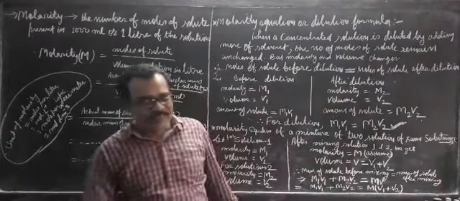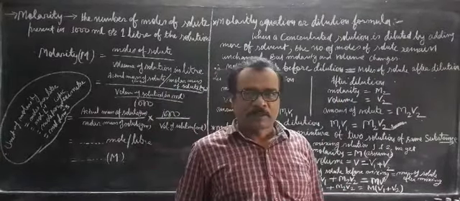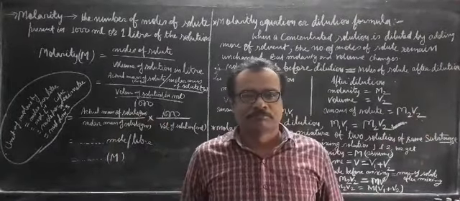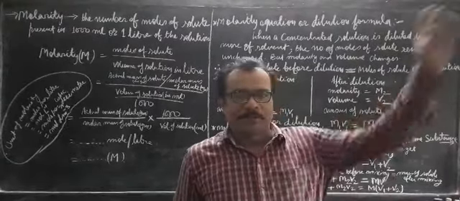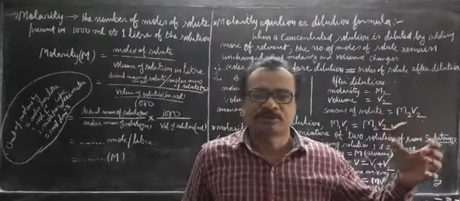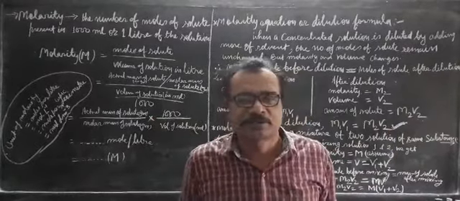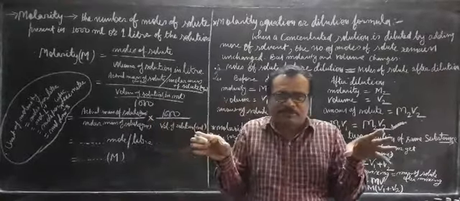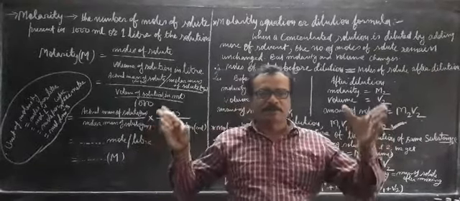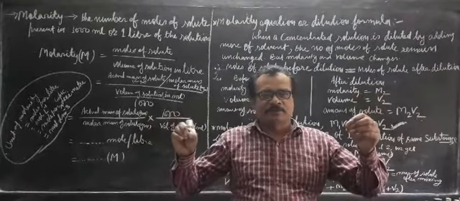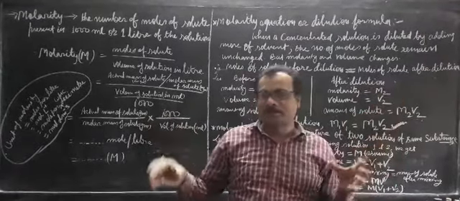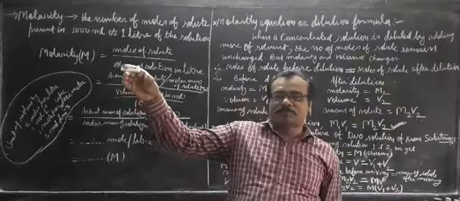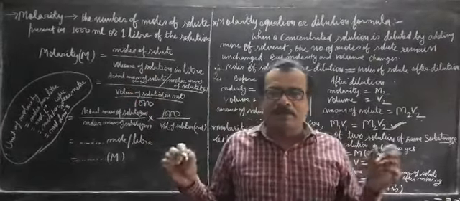Now we take another case. Like we have got two different kinds of sodium hydroxide solution. There are two bottles, and in each bottle there is a sodium hydroxide solution. Both have different molarity. Both are of the same substance, sodium hydroxide only, but the concentration of the sodium hydroxide solution is different. Suppose that this bottle has M1 molarity and this bottle has M2 molarity, the volume of this bottle is V1 and the volume of this bottle is V2. So molarity as well as volume both are different.